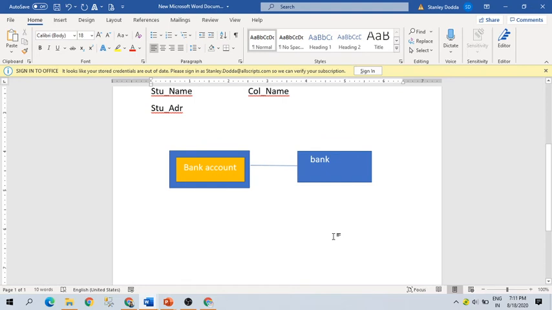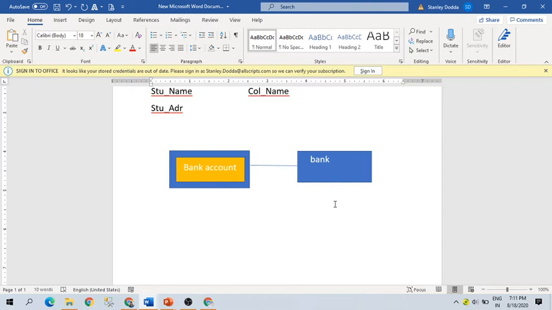So this is the link between a weak entity. This is a weak entity. Here bank account is a weak entity, whereas bank is an entity set. Just simply going to the bank and giving the account number is not possible to credit the amount into the bank until and unless the bank name is mentioned. So bank account is completely dependent on the bank name.